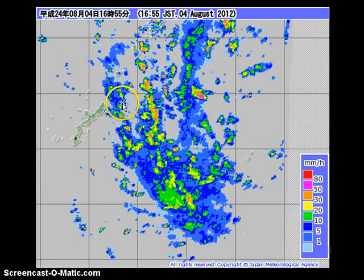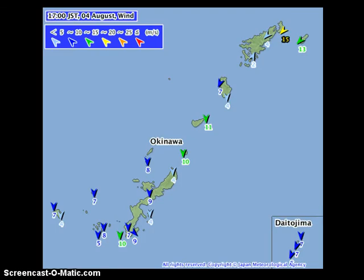We expect those rains to continue and begin affecting the islands today, later this afternoon, and lasting into the evening hours. Conditions should slowly deteriorate tomorrow, with stormy conditions expected to last throughout the weekend. So some very stormy weather in store for the Japanese islands in the next 2 to 3 days as Haikui moves ever closer there. And accompanying those rains are strong gusty winds,